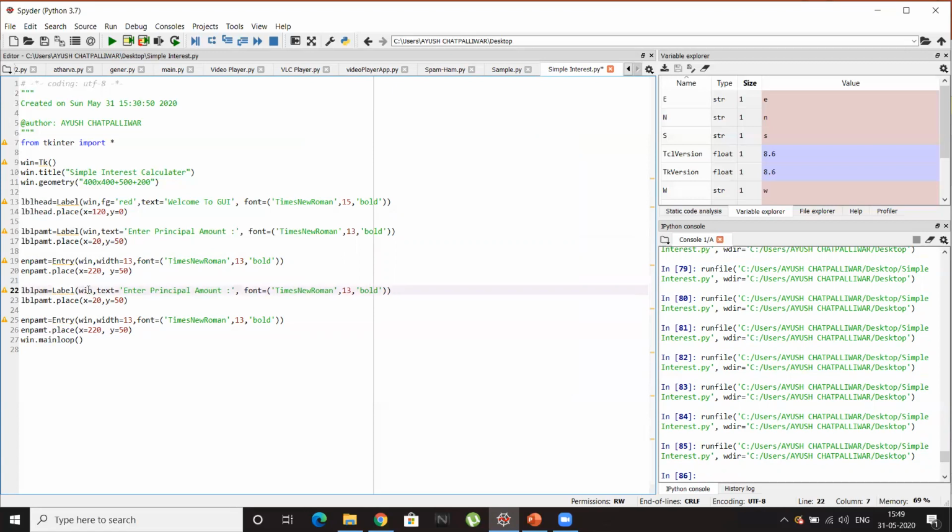Now we are giving the label for rate of interest, so LBL ROI. Similarly here also LBL ROI. Here I'll change the text. Here the text will be enter rate of interest. Perfect.